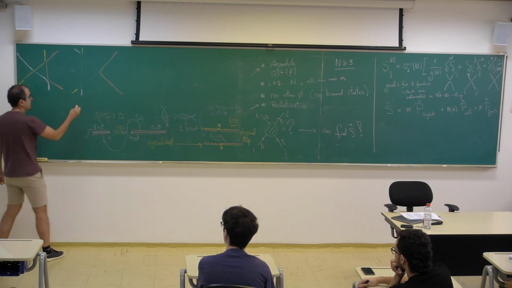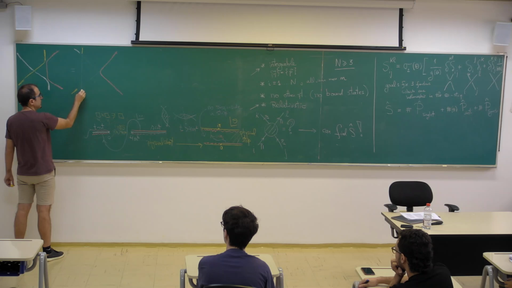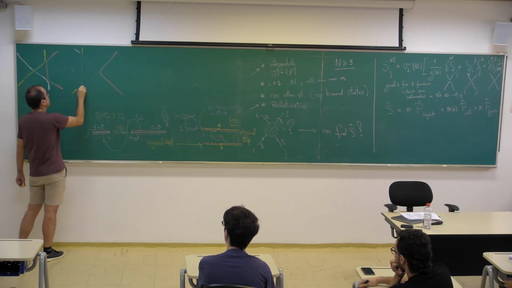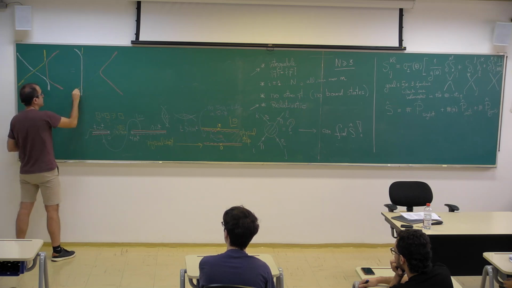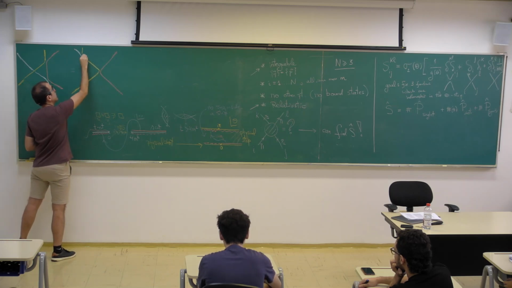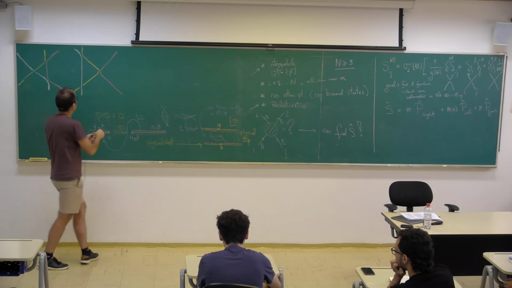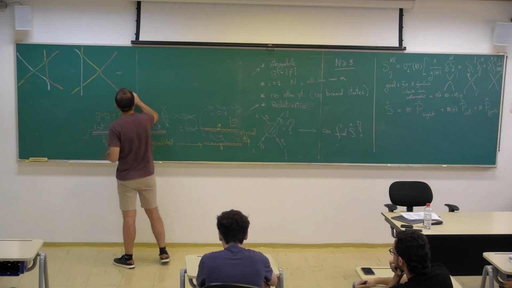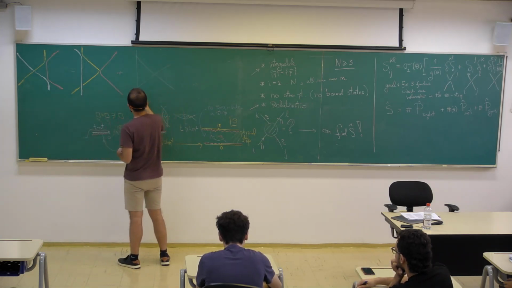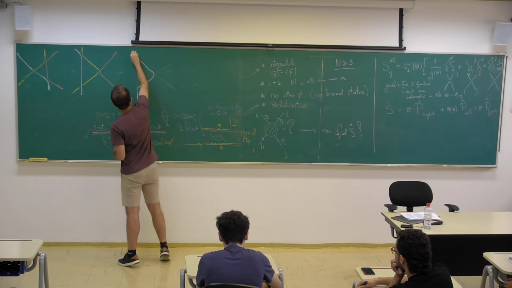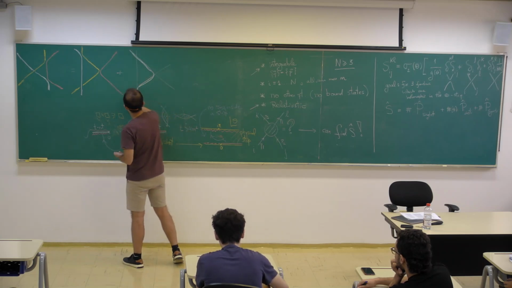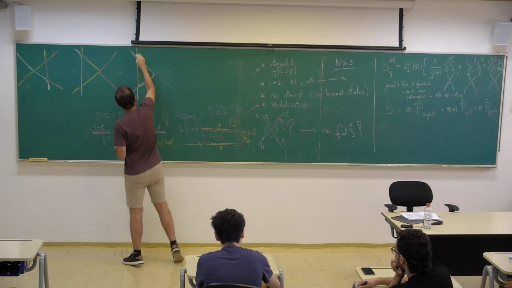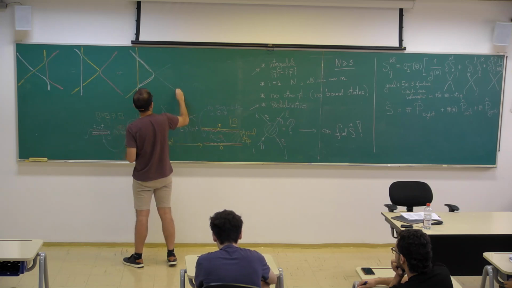So the white, does it need to turn or can it continue? Both. Now it can do both. So one option is this. But there is another term, plus, we need to draw the other procedure, where the white does this part. Right? And the yellow does this. And the red does this.